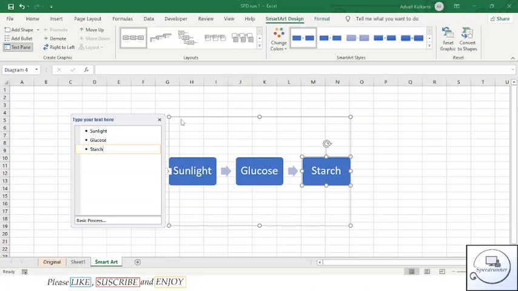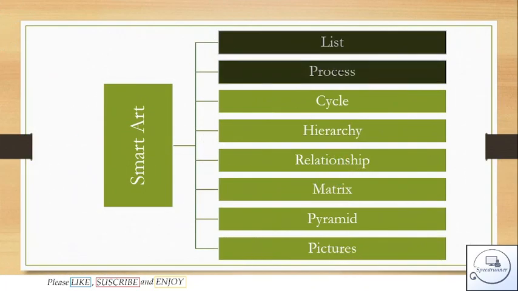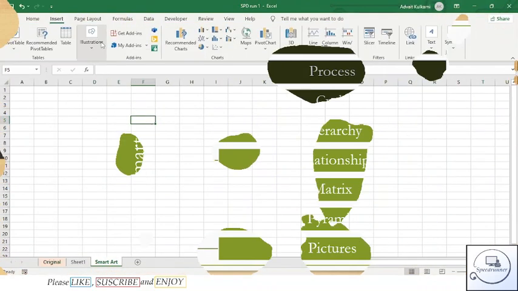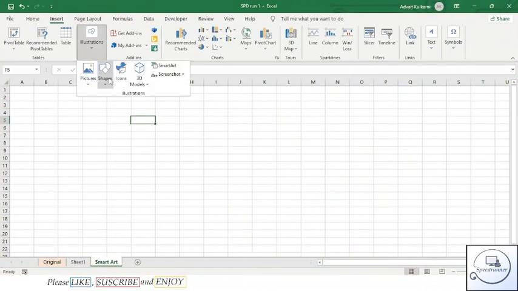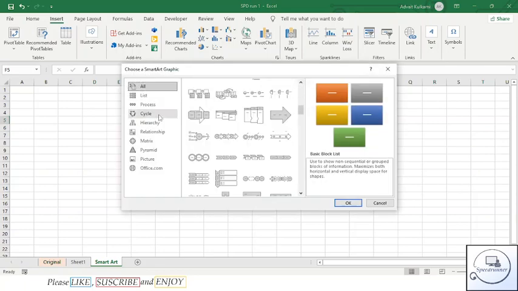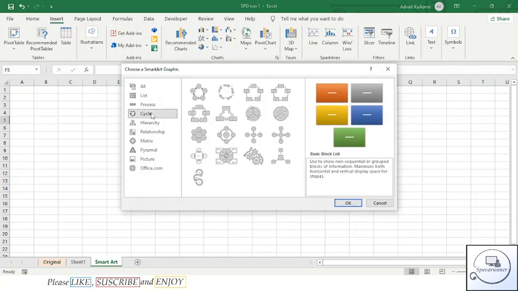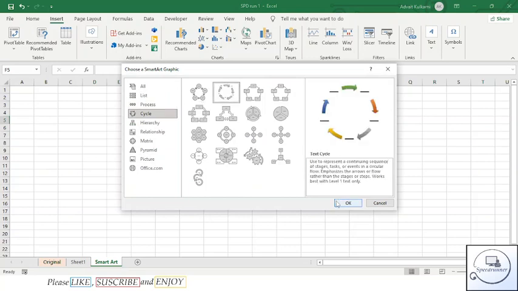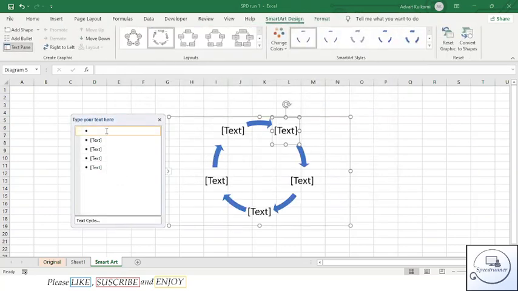Moving on to the next one, we have cycle. Cycle is used to show the process. For example, water cycle. Now let us see how to add cycle. Repeat the process and now as an example, we are adding the water cycle. First go to the cycle and now let us insert the process.